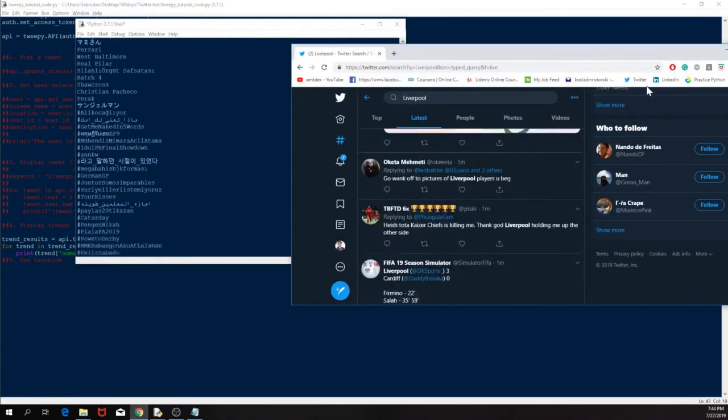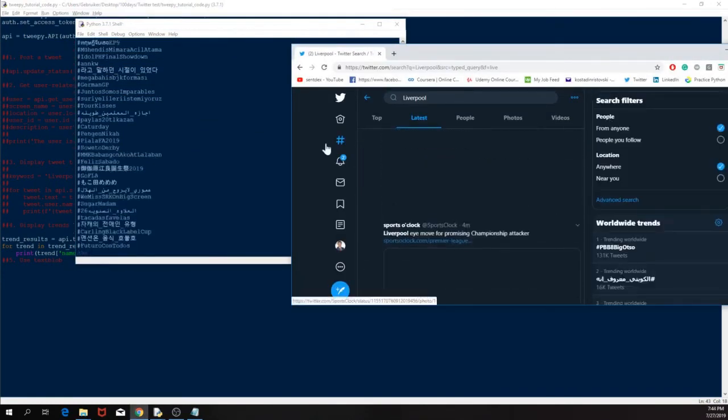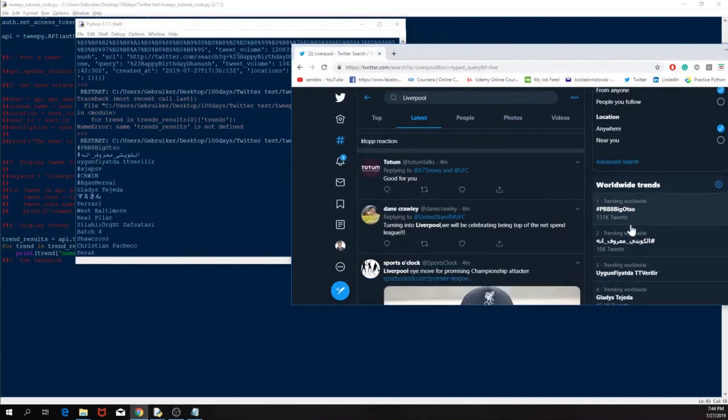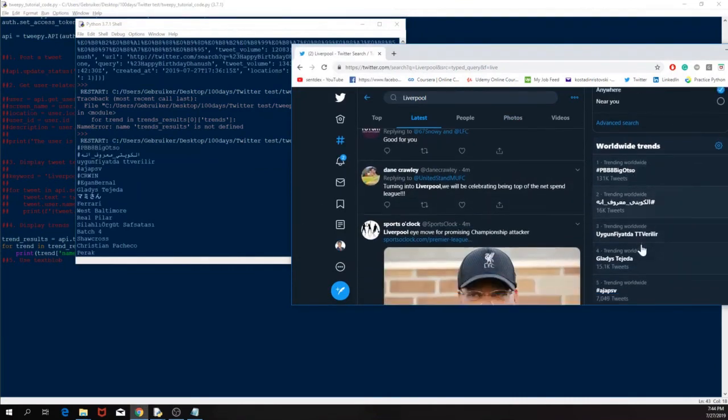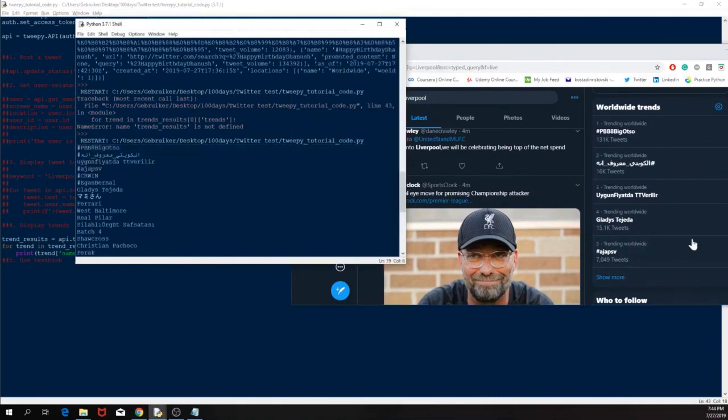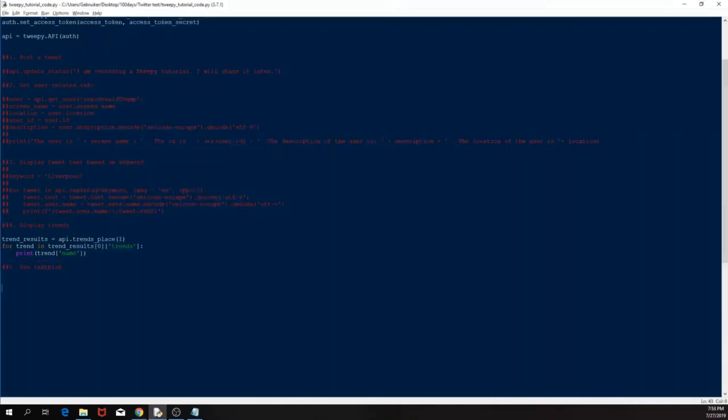Let's use Twitter and see if that makes sense. So the first one would be a very random one for me, but it sure makes sense somewhere in the world. So trending worldwide, we can already see that this actually matches with the list from Twitter. So that would be the end of this introduction to Tweepy,